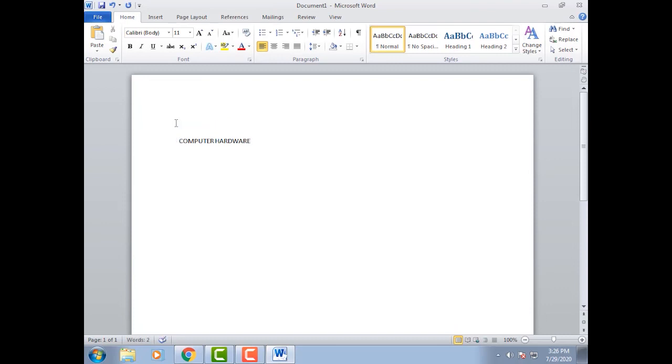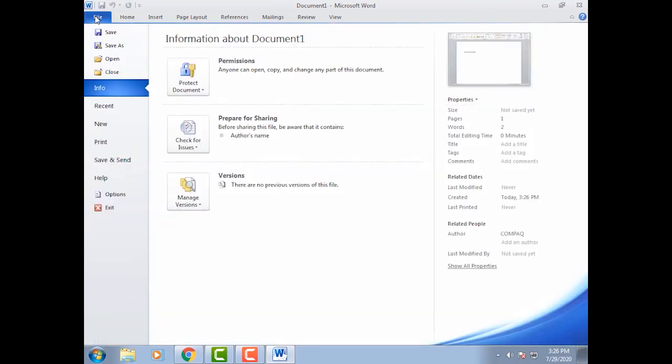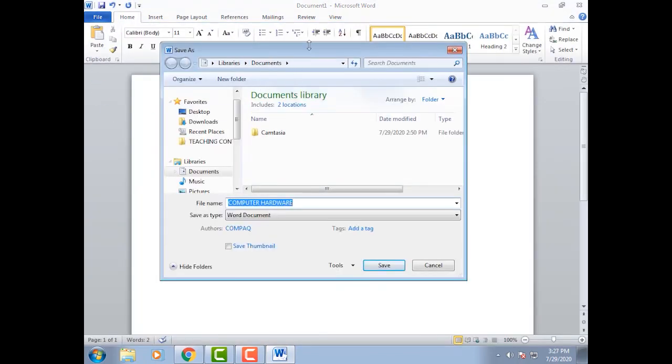If you want to save it, see the steps for how you will save the document file. Click on the file menu. This is the file menu. You have to click on this file menu. A submenu will appear. From this submenu you have to select the save button. When you select the save button, the save dialog box will appear on the screen.